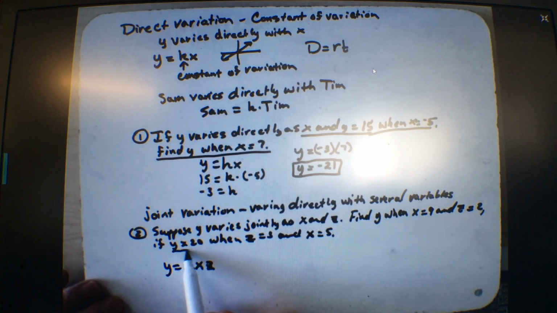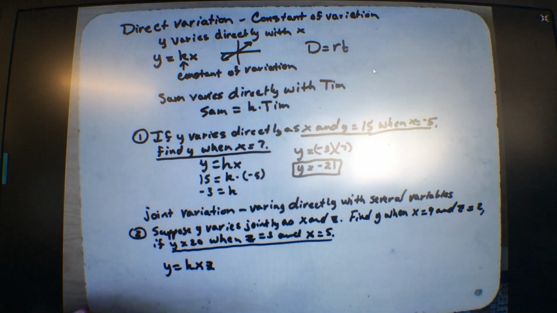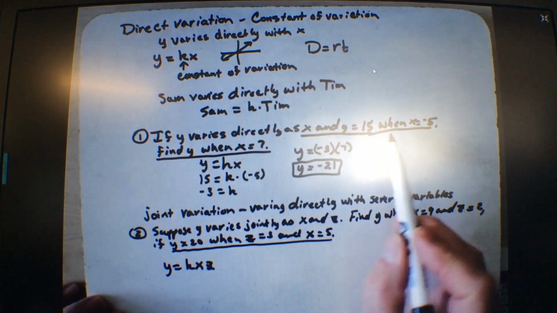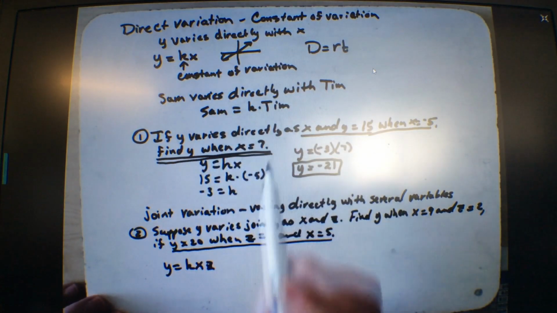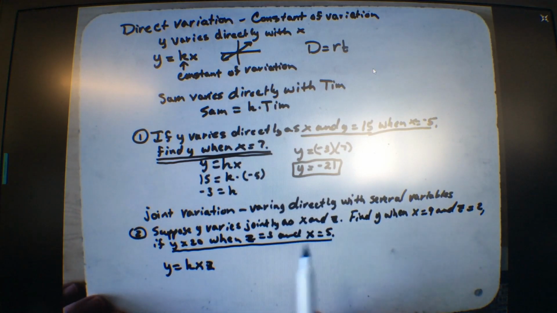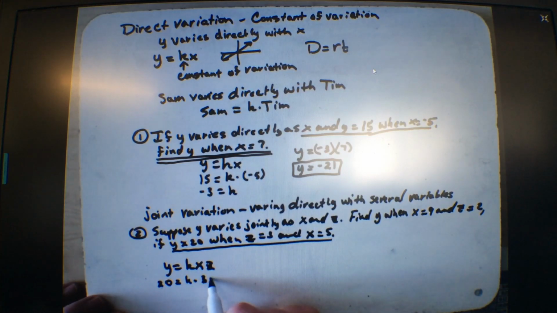That's right. This is turned around, isn't it? We actually put in this information first, right? Whereas up here we put in this information and then this information. Down here we put in this information first. So y equals 20 and k is unknown, z equals 3 and that equals 5. So what I get is 15k equals 20. Dividing by 15, I get k equals